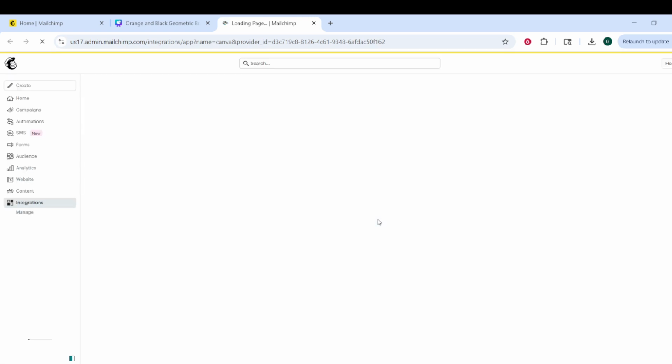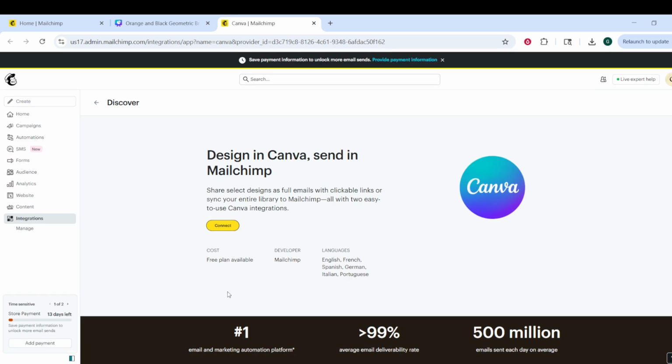Enter your Mailchimp login details on the secure Mailchimp login screen. Be sure to use your own account information and avoid sharing any private login details on screen if you are recording or presenting this process. After you log in, Canva may ask for permission to access your Mailchimp account. This access is what allows Canva to send the design over to Mailchimp, so continue through the connection process when